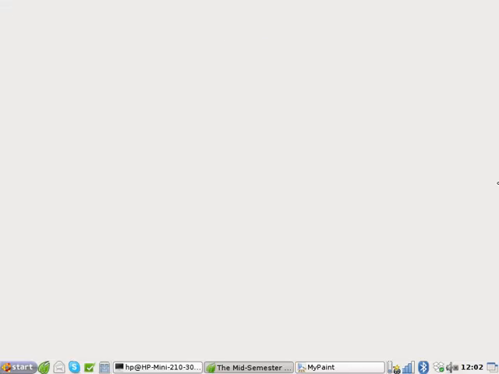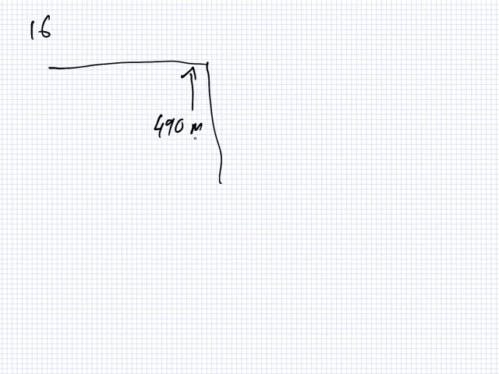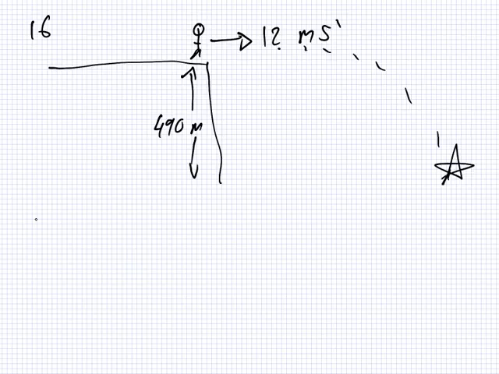Right, can we do this one? So, this one, here's the cliff. Its height is 490 meters. And how fast is the lemon going? 12 meters per second. And splash. Flop. Yes. So, if we look at the vertical,